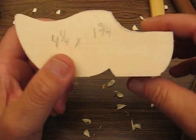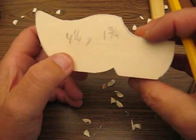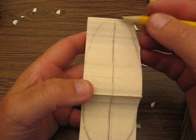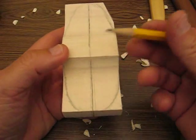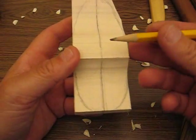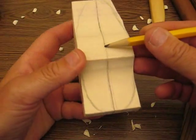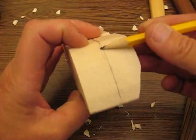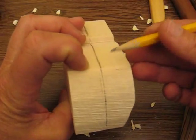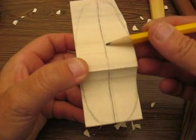So the first thing you want to do after you cut it out on a bandsaw is make a center line, okay, all the way down the center. Now I do a lot of measuring, and some of you know this, with my finger and a pencil. See how I can guide that all the same way, all the way around, because I'm leaning this finger against it. That's a little trick that I learned a long time ago. It saves you from